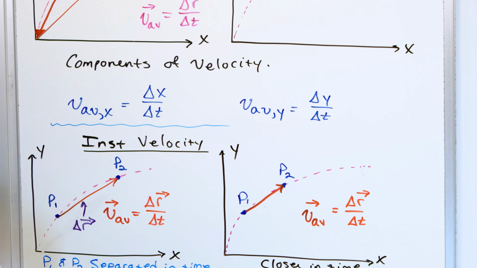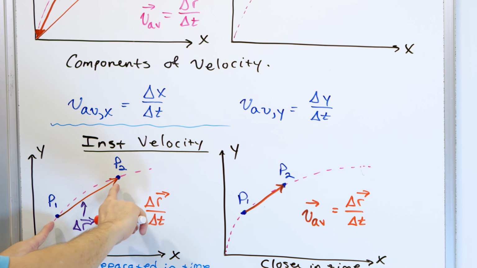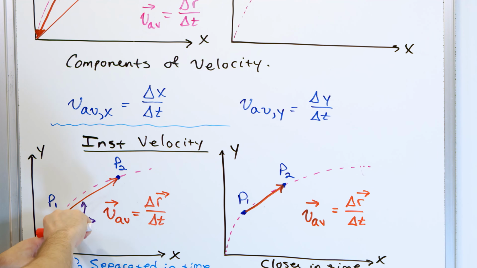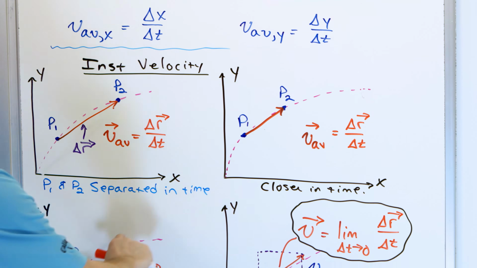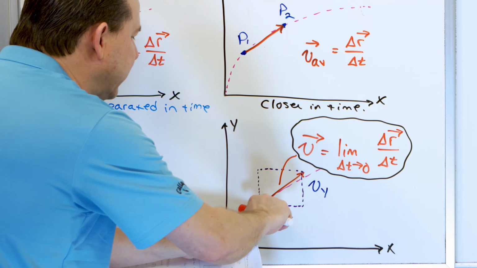Why is it tangent to the path? You can see that when you start the calculation for the average velocity, it's not tangent to the path. It's not even tracing over the path. It goes under the path. But as you bring them closer together, it gets closer and closer until it's exactly only touching the path in